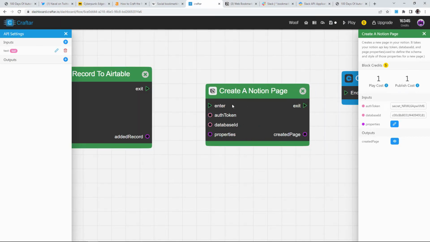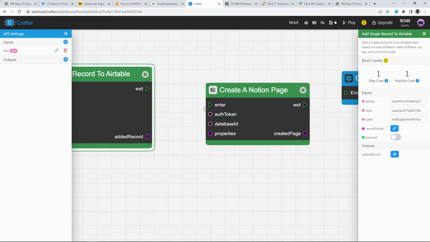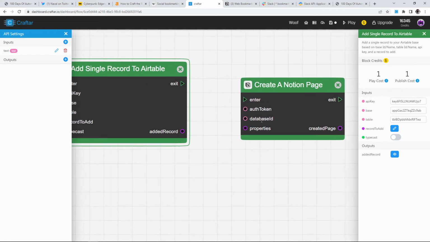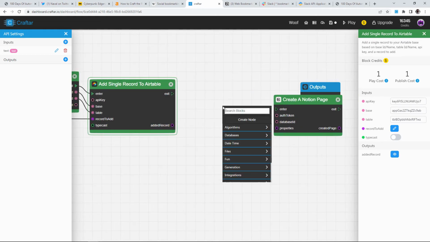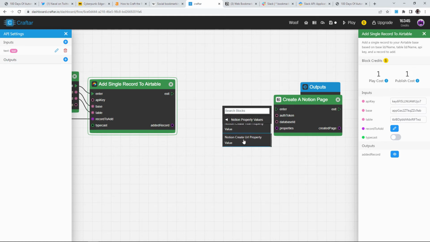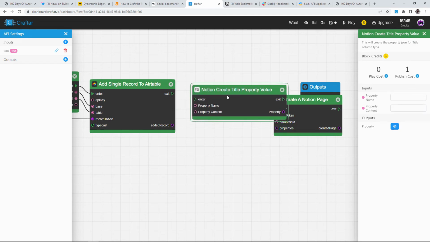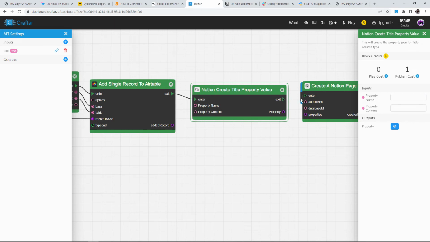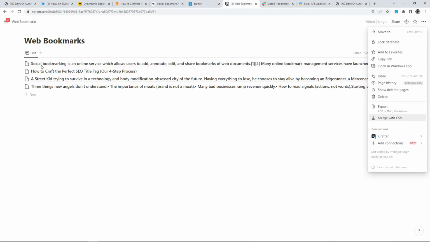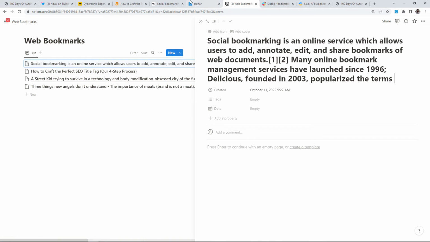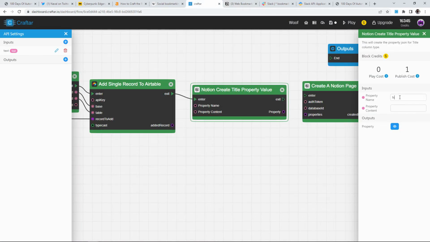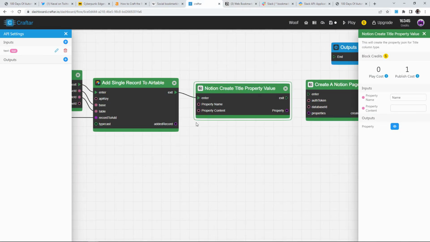So once I have my auth token, I can connect this, but I do need to pass properties here. So we need another block. So I'll go to integration. I'll go to Notion. I'll go to Notion property values and say Notion create title. So here we'll create a title property. And for title property, the name would be name. If I go to my Notion, this is called name. So we'll just type property name as name here,